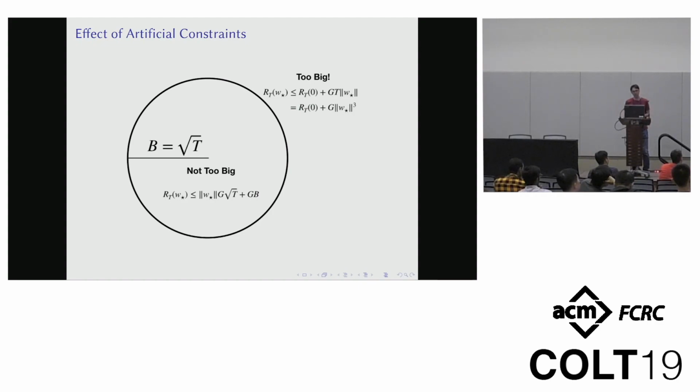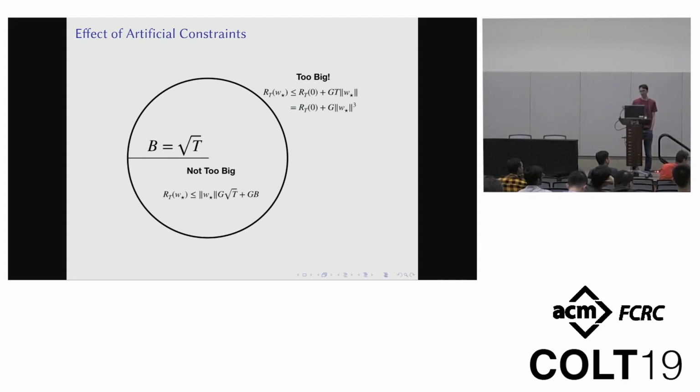But it turns out to be okay, because we can write the regret at w star as the regret at 0, which I know about because 0 is less than b, and it's actually a constant, plus something that's linear in w star and times t. That seems bad until you realize that I actually picked w star to be really, really big. So I can do some algebraic jujitsu, and t becomes w star squared, and we'll end up with a penalty that's w star cubed.